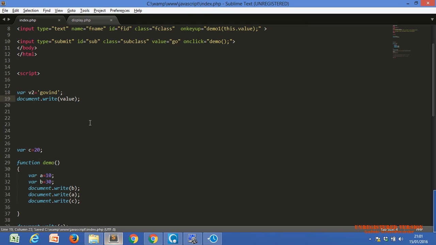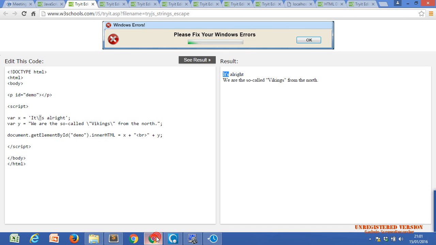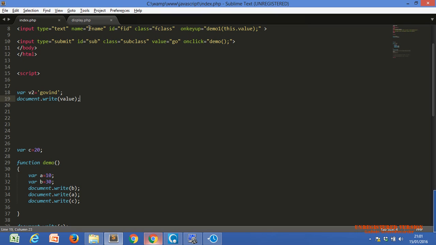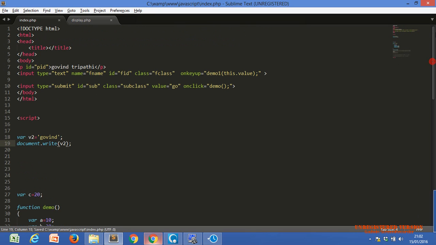Now we will get Govind on the browser because of document.write. What have we done? The value is not v2; we have to use the same variable name here. Just remove this.